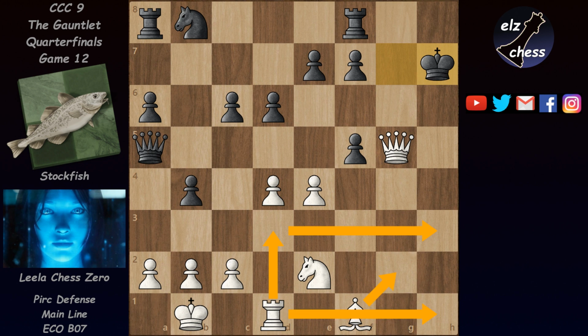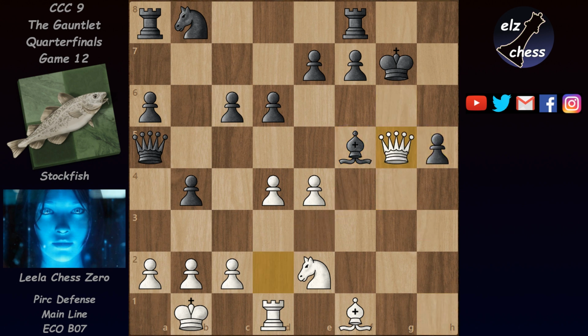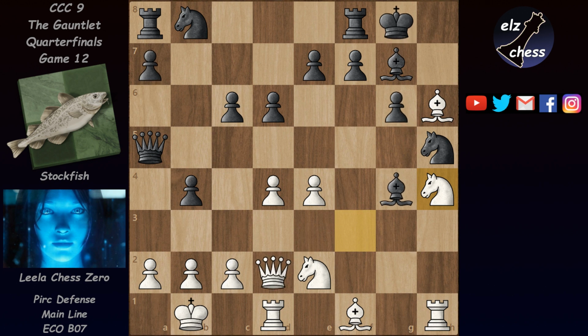Or alternatively, if instead of g takes on f5, black takes with the bishop, then the rook can take on h5, and when the pawn takes, then queen g5 again. And the point is that the bishop can't block, because this queen on a5, the attacking queen on a5, would actually be lost. So after knight h4, Stockfish played instead bishop e6, and he's threatening a mate on a2,